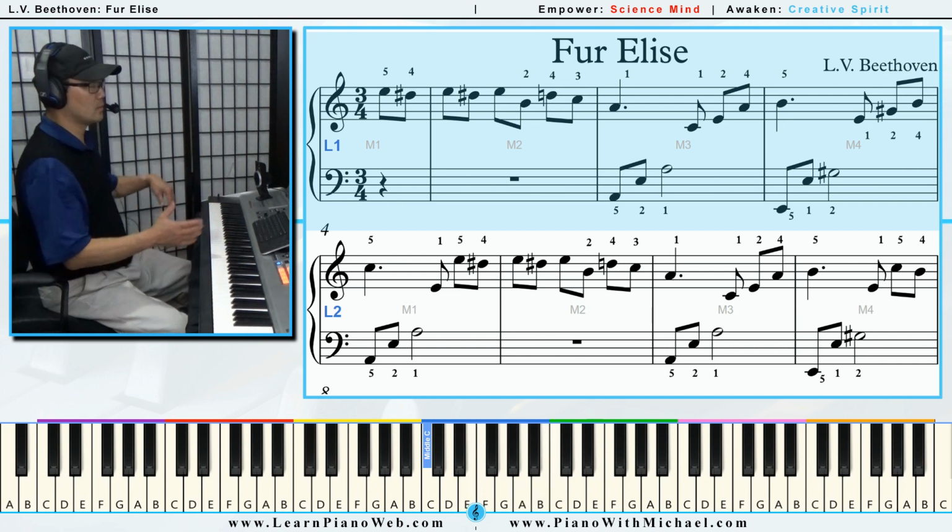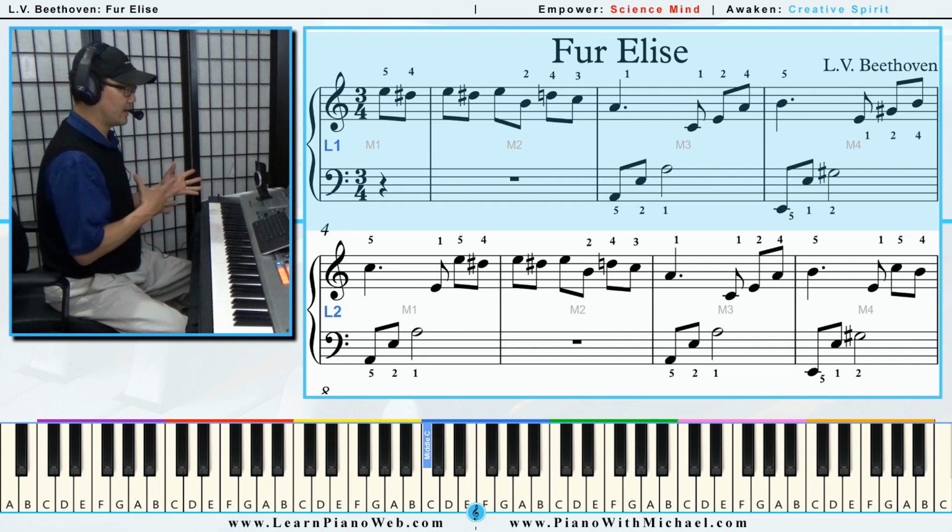Okay, so line 1, measure 1 with the left hand, we've got the quarter rest, so we're going to count that as 3, and then we've got a whole rest, a full measure rest, so we're going to count that as 3 beats, so 1 and 2 and 3 and. Okay, and then in line 1, measure 3, that's where we start with the left hand, and we're